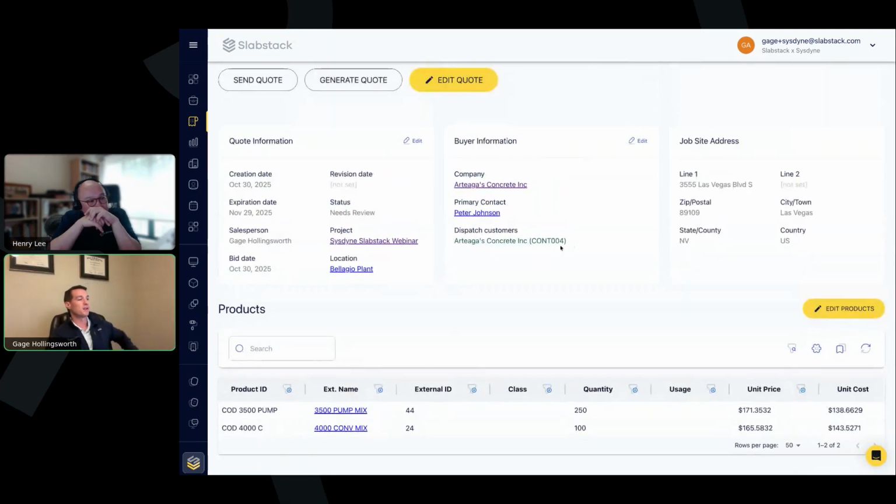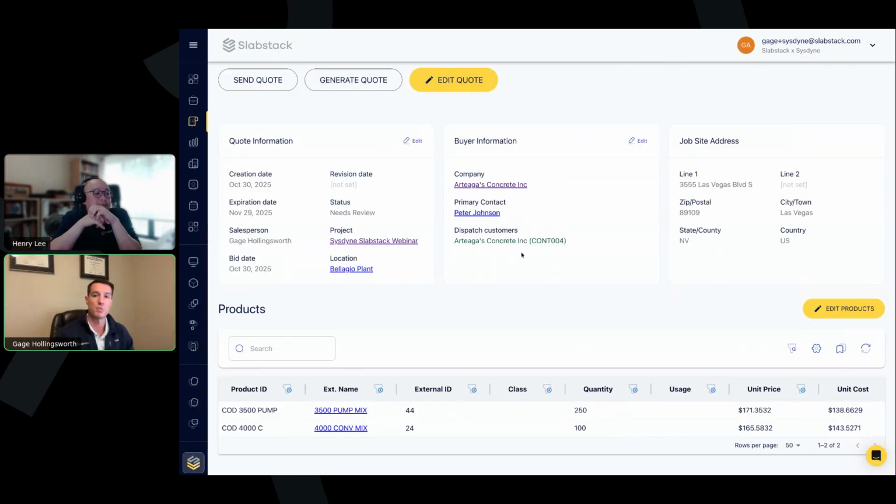But something to call out with the integration, which is why we are here: under dispatch customers, in the center of my screen, Artiega's Concrete Inc. is green. This is a sign that comes directly from the ConcreteGo system saying this account's credit status is open. They are good to go and ready to work with us.